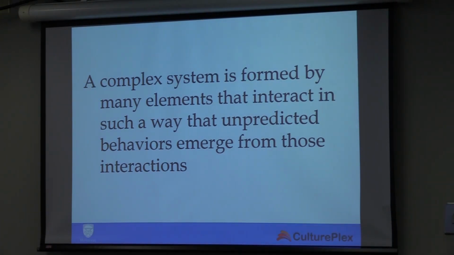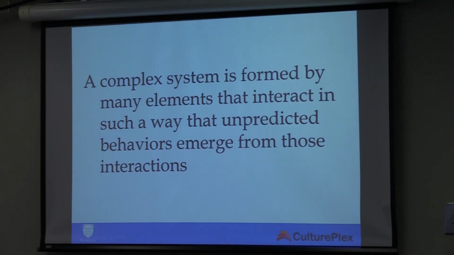Going to complexity theory, basically a complex system is formed by many elements that interact in such ways that unpredicted behaviors emerge from those interactions. My colleague and friend Vladimir Hachinsky, who is a very distinguished neuroscientist, tried to explain things related to the brain using a very simple metaphor to talk about complex systems. He says this is like water and wetness. You cannot understand wetness by studying the molecules of water. They are connected, but they are something different. Okay, so this is what we are trying to